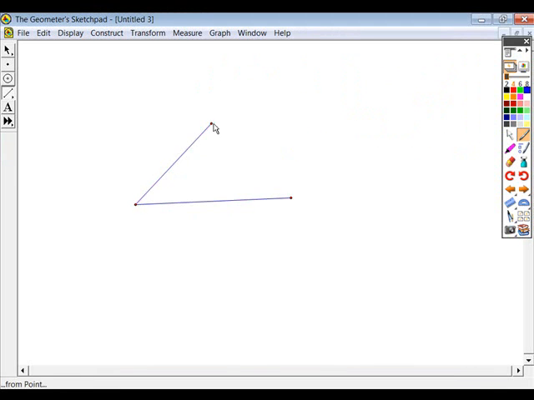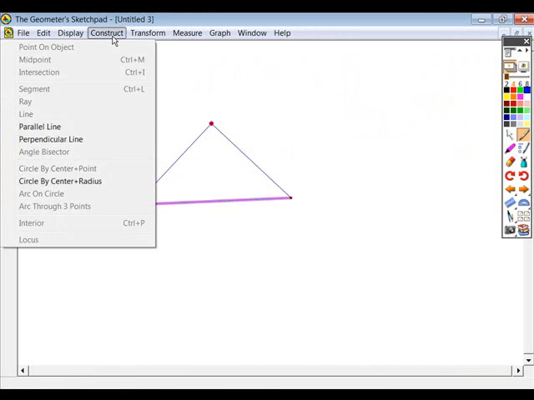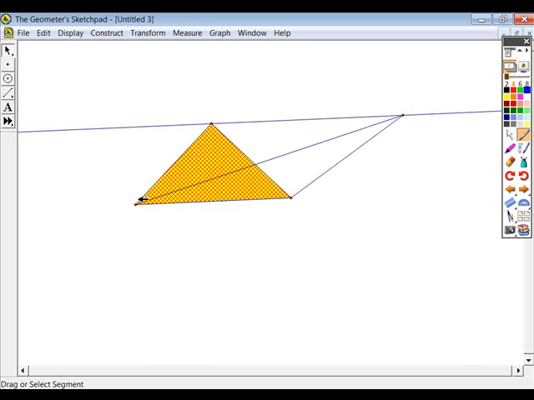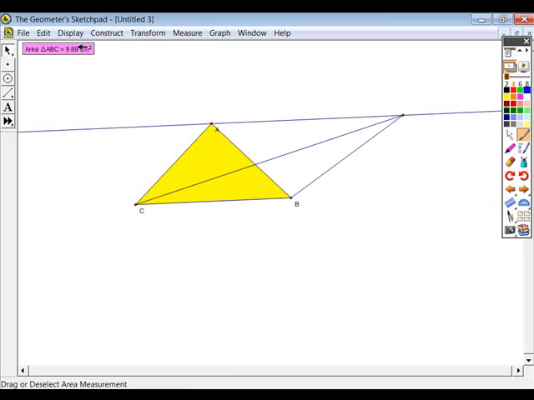And so let's say we take a triangle, and then with respect to the base of this triangle, I construct a line parallel through one of the vertices. I can take any other point and slide it along this parallel, and the areas will be constant. The areas will not change. So what that means is if I take this original triangle, let's say I measure its area, and then I compare that to the area of this other triangle,